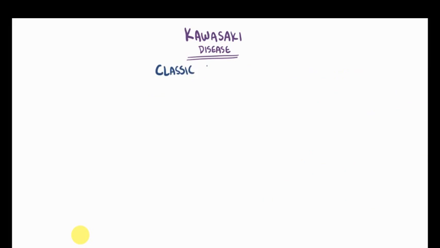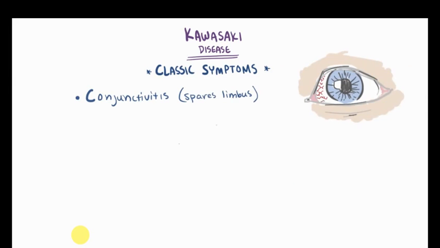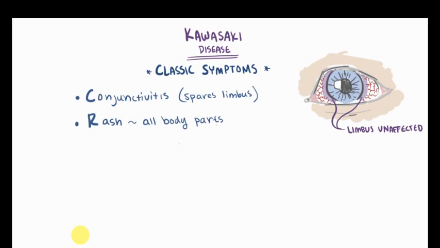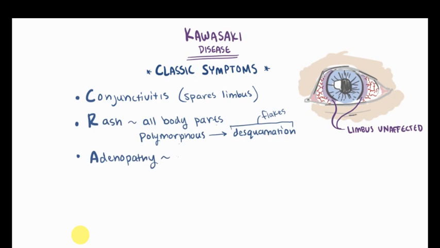Now, the classic symptoms of Kawasaki disease are as follows: conjunctivitis with limbus sparing, which is red eyes with a margin right around the iris that's still white, a rash that might extend across other parts of the body and starts polymorphous but later desquamates or flakes off, adenopathy or enlarged lymph nodes, especially the cervical lymph nodes, a strawberry